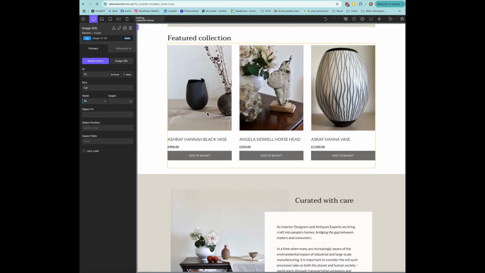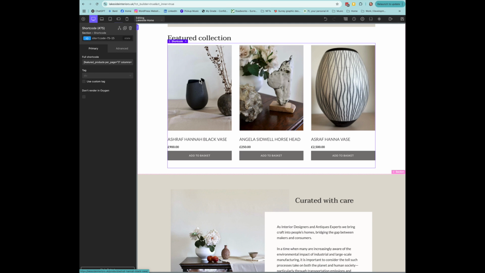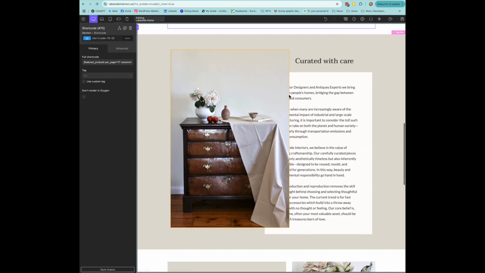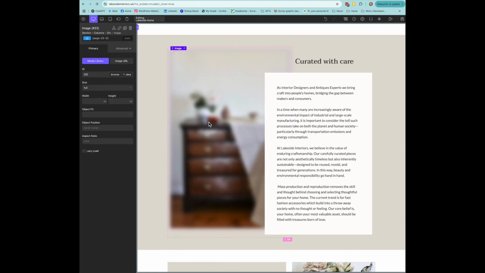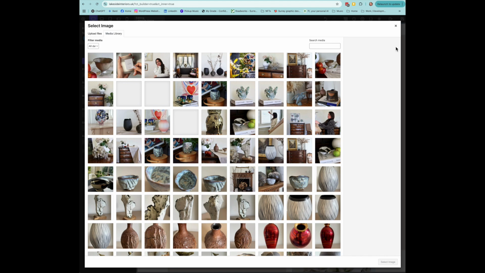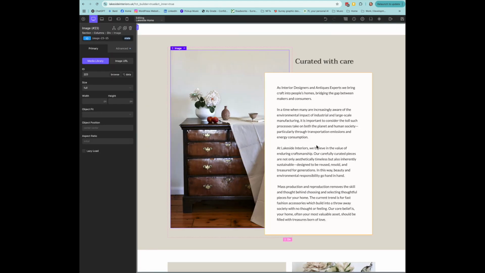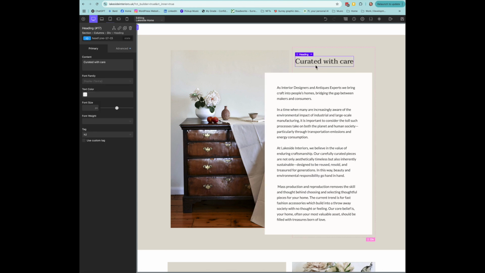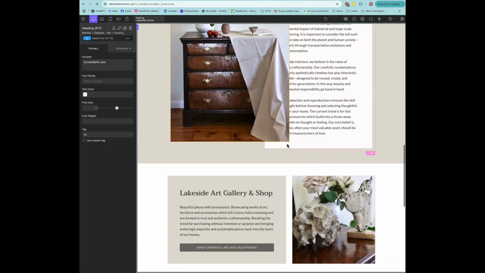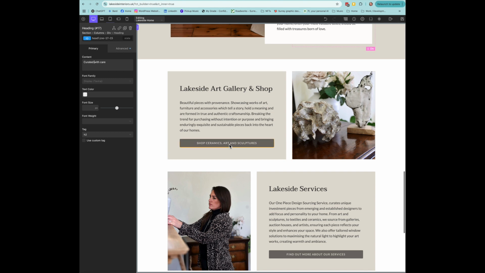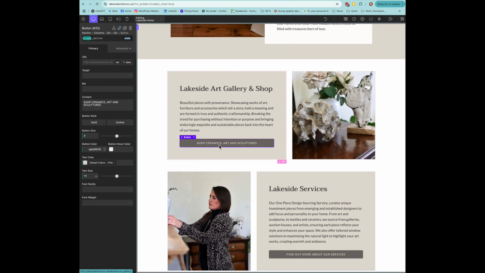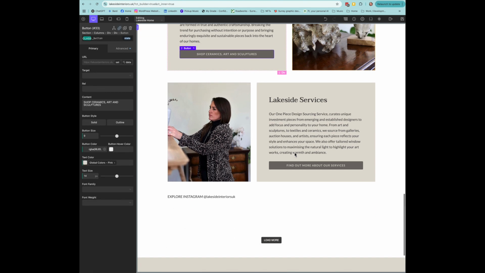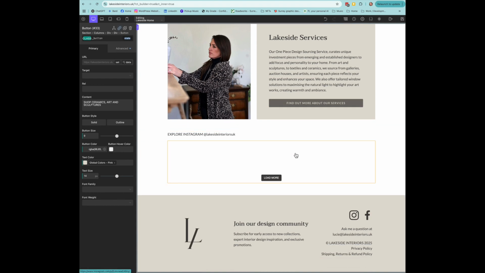Now as we go down, this whole section here is a short code bought from your products, so you wouldn't want to change this, but this is an image, you might want to change that, so you would click on it, click on Browse and select the image that you wanted to change. This is a text box, and these ones here are headings, so they're all changed in exactly the same way. And as you can see here, the button is very similar,